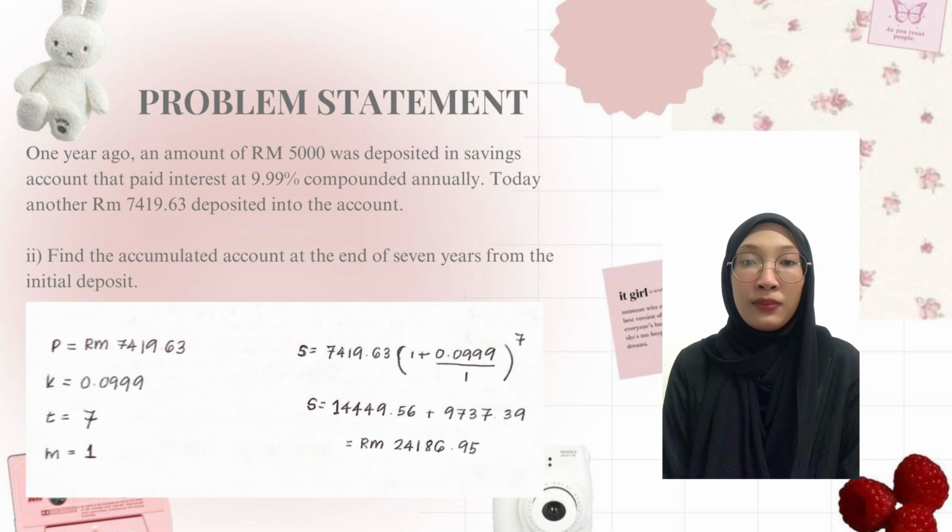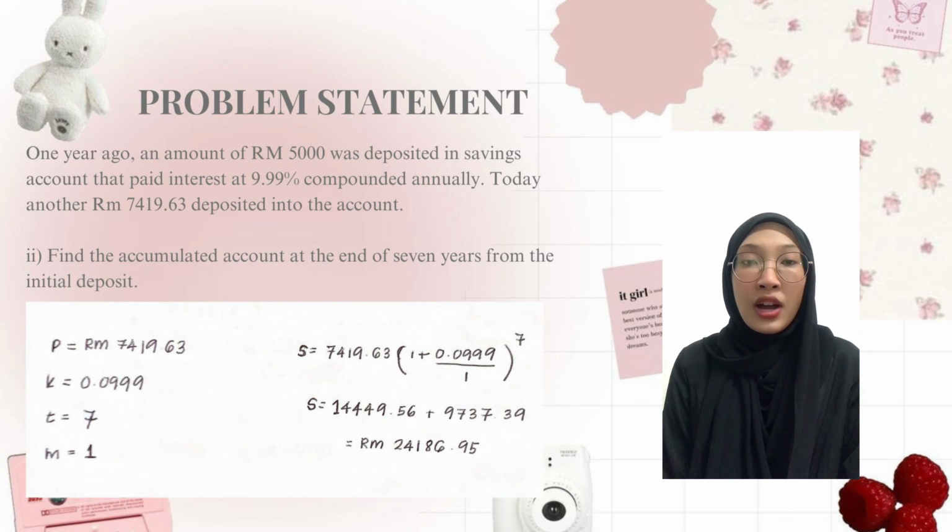P equals 7,419 ringgit 63 cents. Interest rate K equals 0.0999. Term of time in years T equals 7 years. Compounded interest rate M equals 1. N equals 7 multiplied by 1 equals 7. The formula we need to use is S equals P bracket 1 plus I bracket to the power of N. S equals 7,419 ringgit 63 cents bracket 1 plus 0.0999 divided by 1 bracket to the power of 7. And we will get the answer of S is